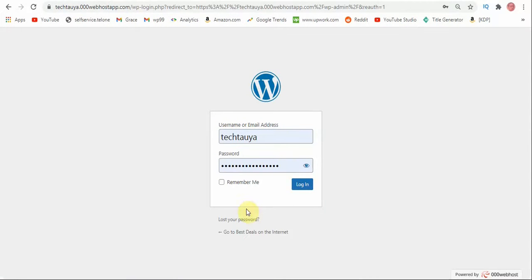and you can enter your username and your password. Always click here and remember password so that you don't have to enter your details next time. So if you forgot your password, you can just click here.